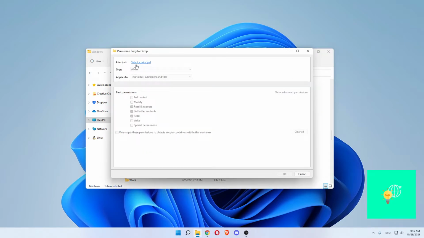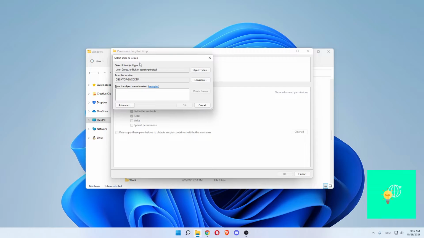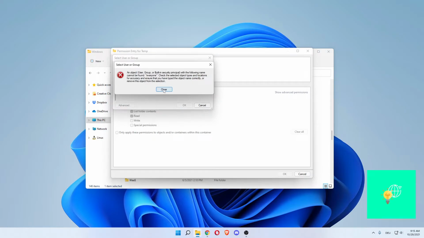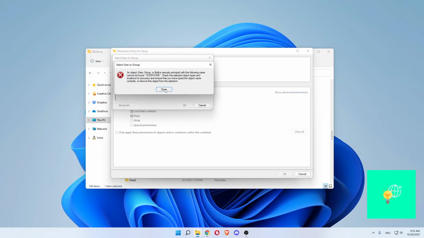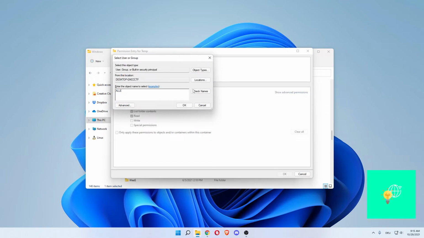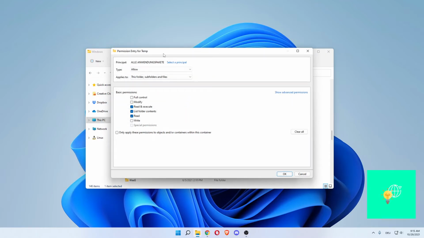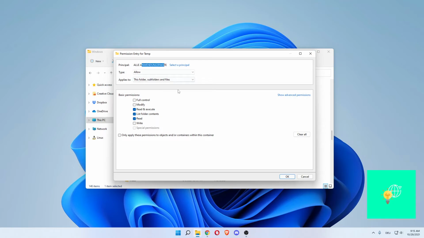Click Add, set a principal at the top. Now enter the object name to select: everyone. Enter everyone, check names. Once you enter everyone as a principal, you can now enter these basic permissions, full control, hit OK, and once